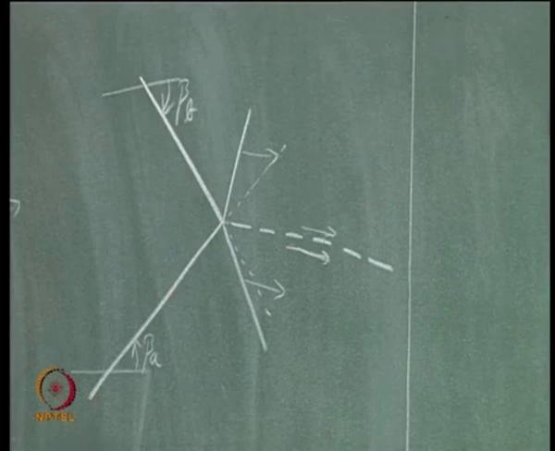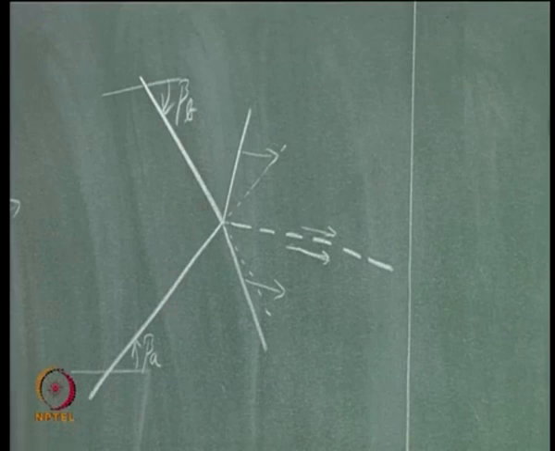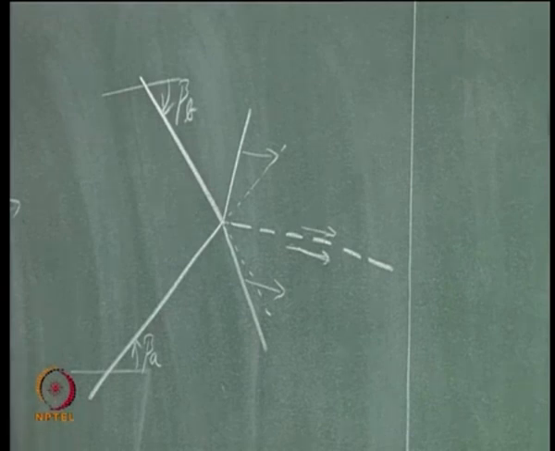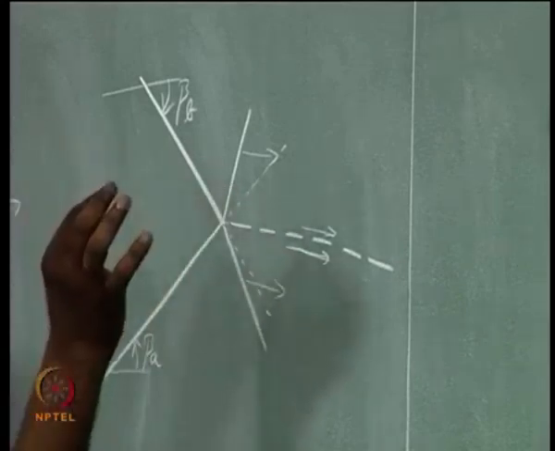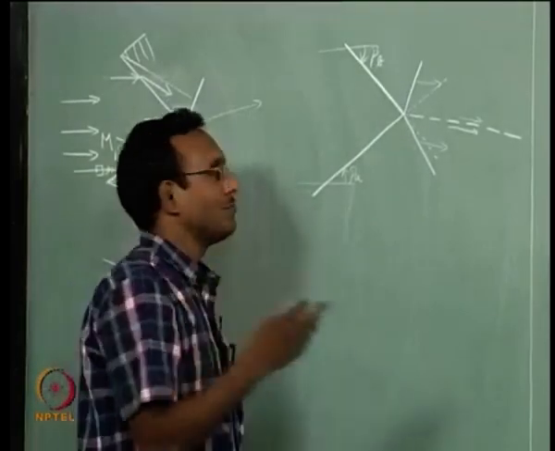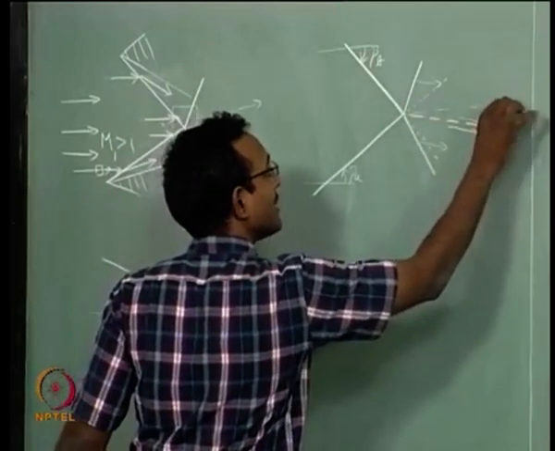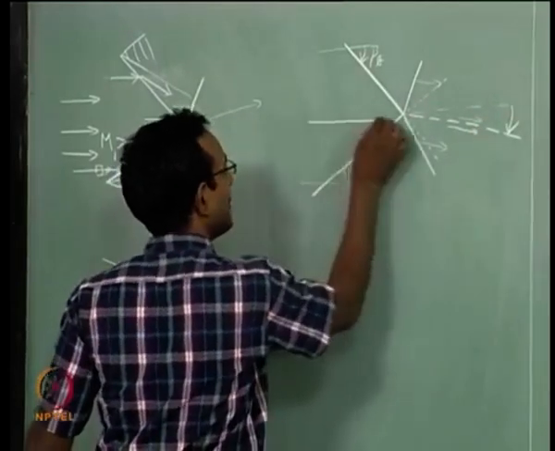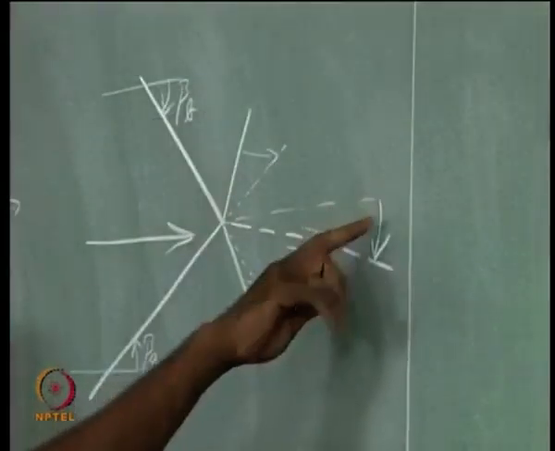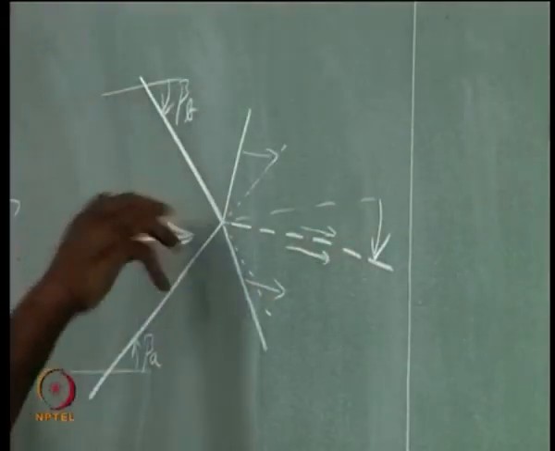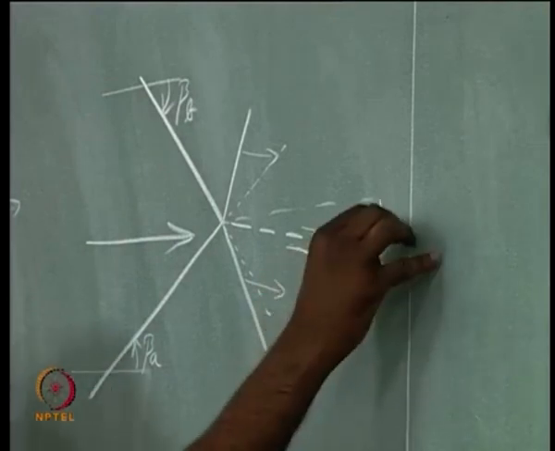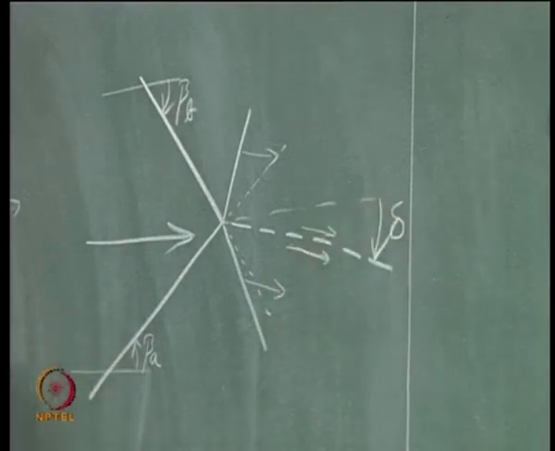We will go and solve such a numerical example later when we also introduce expansion fans, then it is more fun. Then we will say one is an expansion, one is a shock, what will happen, all kinds of combinations we can talk about. We will deal with that after some time. Currently, I will pick this particular case, and what should be the criterion for finding out how much is the net deflection it is having. Initially the flow was coming straight horizontal, now finally it has deflected down after these two shocks have interacted. What will be that final deflection? Let us say I call it delta.